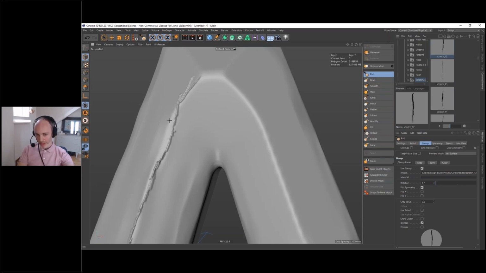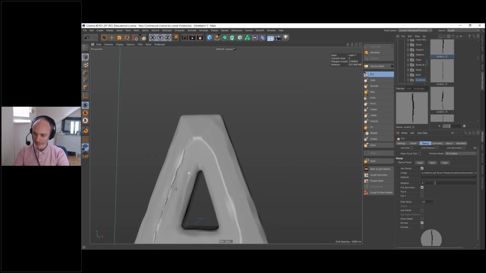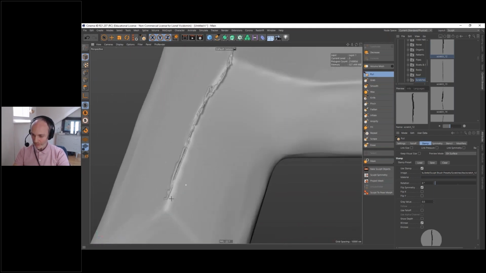The only drawback is it's going to create too many polygons, but that can be something good when you use sculpting, because when you sculpt, you need to have a lot of polygons. So I find that the volume mesher and sculpting go really great together. They are really interesting to be used at the same time. And that's something you can do only with R20, because the volume builder only exists in R20 and R21.